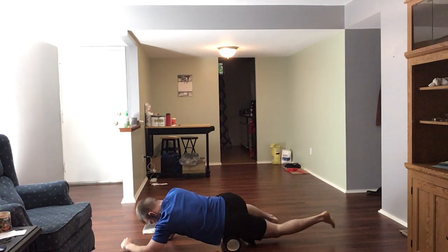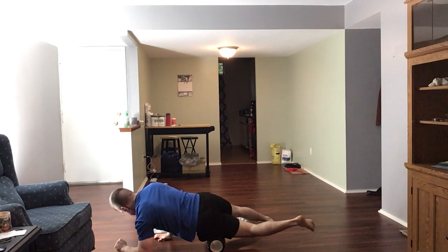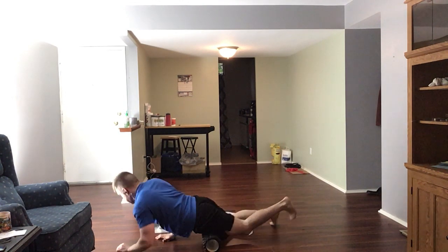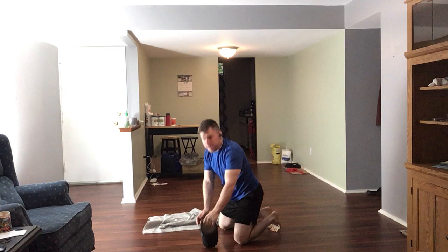You can always get into the hip as well, especially anyone with a hip flexor issue. That might be a great idea. You can hit the hip exclusively, but you can accomplish both by doing it that way. All right, next will be